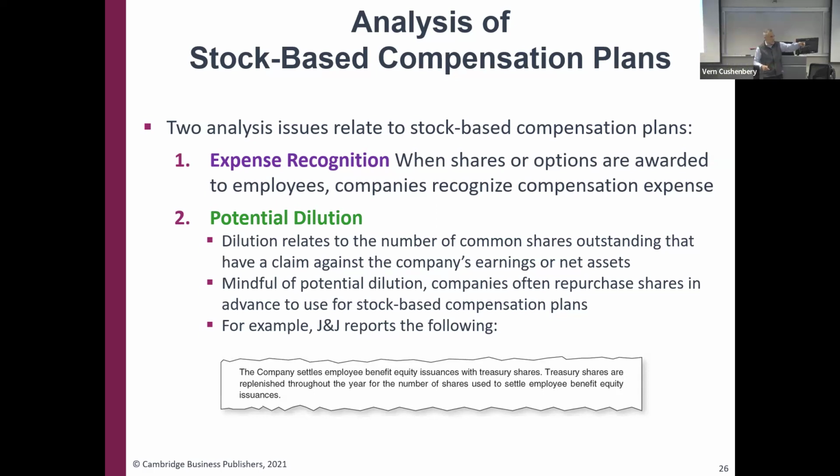So let's see a couple heads nodding. We don't cover the Black-Scholes model in this class, but it's probably been in your investment class. And if you haven't taken investments yet, it's a simple way to calculate what a future option is worth. So you look at what it's worth today, and if it's worth 0 today, then there's no expense for the company. And you look at the volatility associated with the underlying investment, and you calculate the likelihood that it could be sold at various prices in the future. And then you discount that back in time.